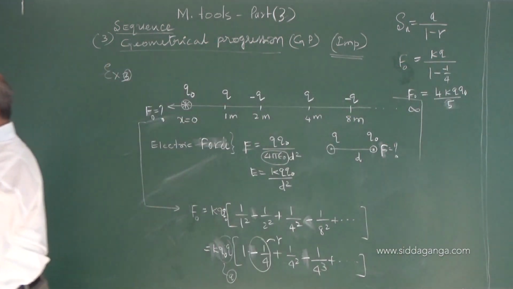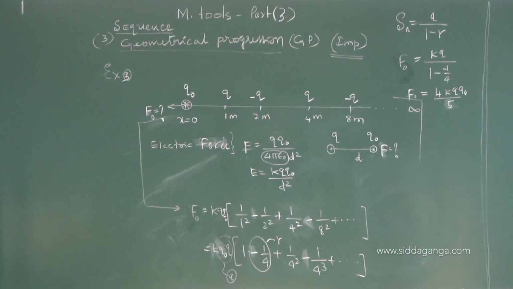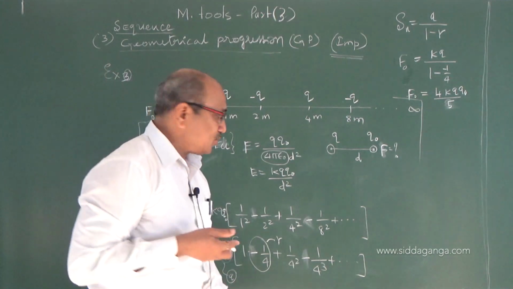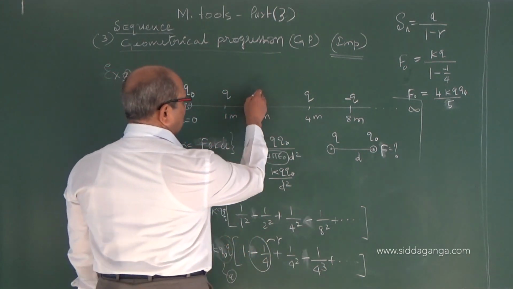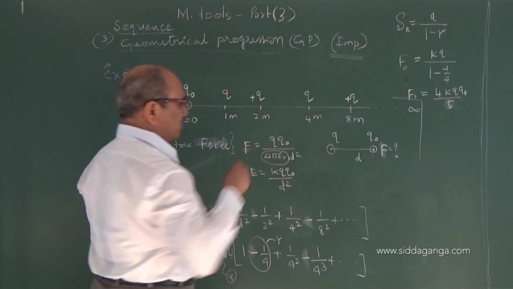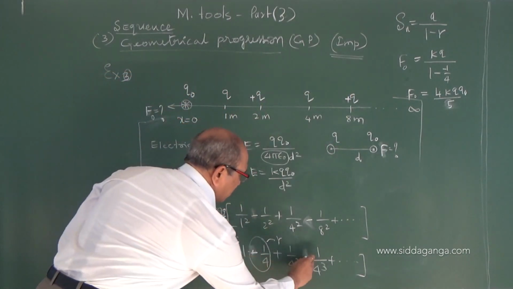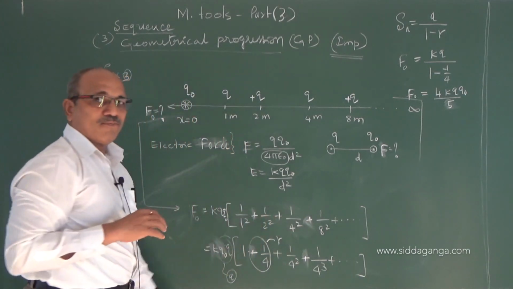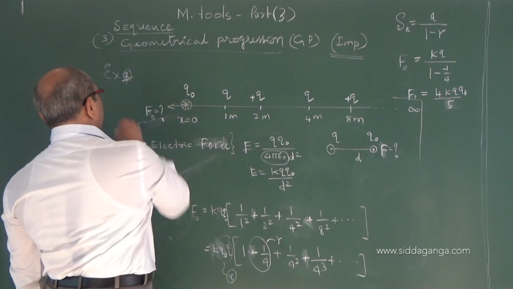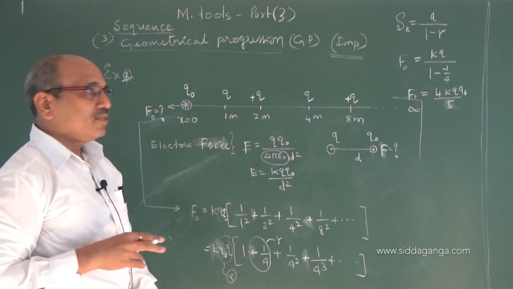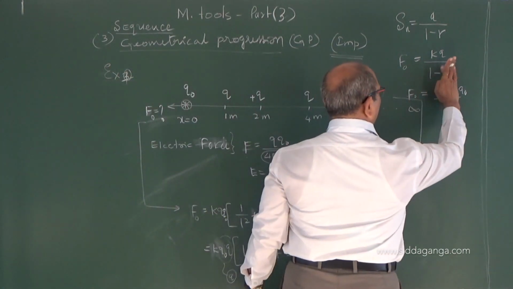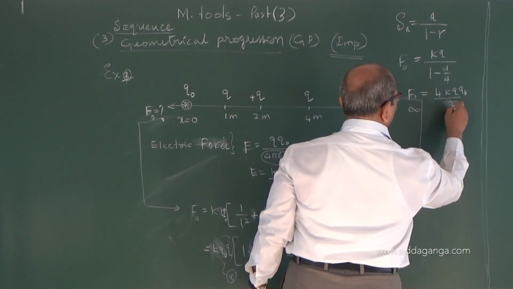Same if the charges are all positive. If you take the charges all positive, what happens? This is plus and this is also plus, and this is plus and this also plus. Problem same, the fourth one. What do we get as the answer? It remains minus 1 by 4 and this becomes 3kQ naught.